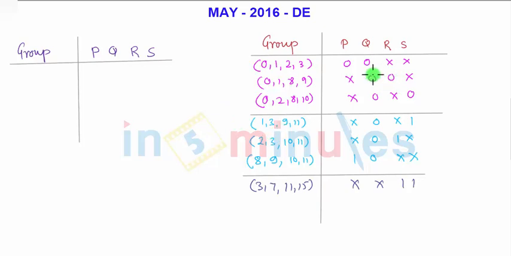Okay, so for 1 3 9 11 this is not common, for 2 3 10 11 it is also not common, but in the last group, that is nothing but 0 1 2 3 compared with 8 9 10 11. Okay, so we have P bit uncommon, Q bit is 0, R and S are don't care, so this will be don't care 0 don't care don't care, and the group will be 0 1 2 3 and the next group is 8 9 10 11. Okay, so that is nothing but the only group here for common, which is common from group 1 and 2,